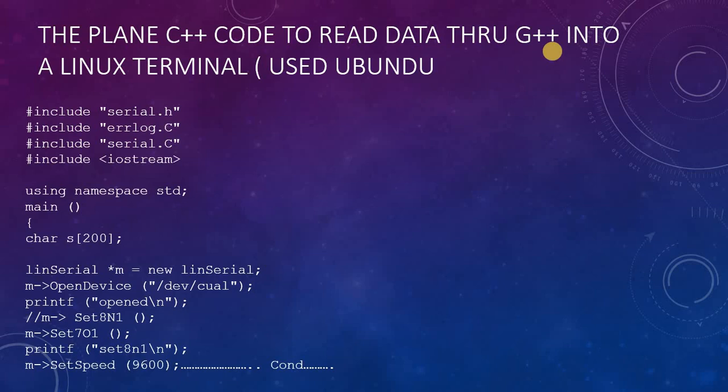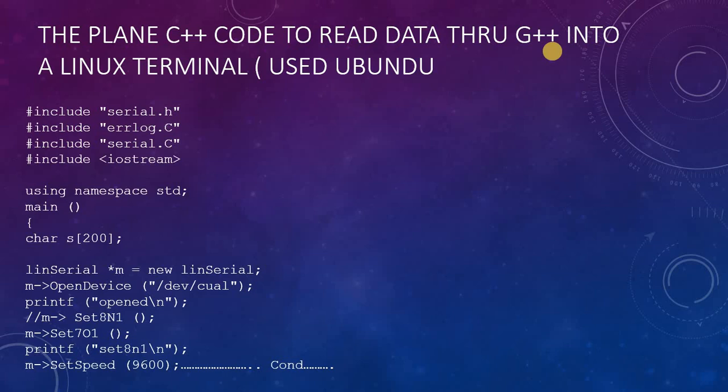You can use gedit and create a text file, test.c, in which, after the main, you can see s is the place where you will store the characters. You are creating an object, a serial port object, through a pointer. Creating a pointer object or a normal object is a similar thing; now you are accessing through the arrow. Now you are opening the device. Then it prints "opened". After that you are setting the protocol, 7-0-1, that was the protocol of the Lakeshore. Speed you set, and again